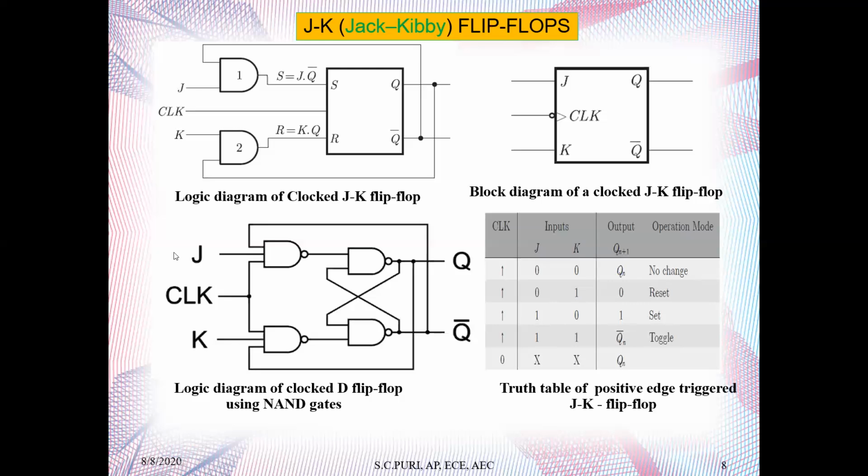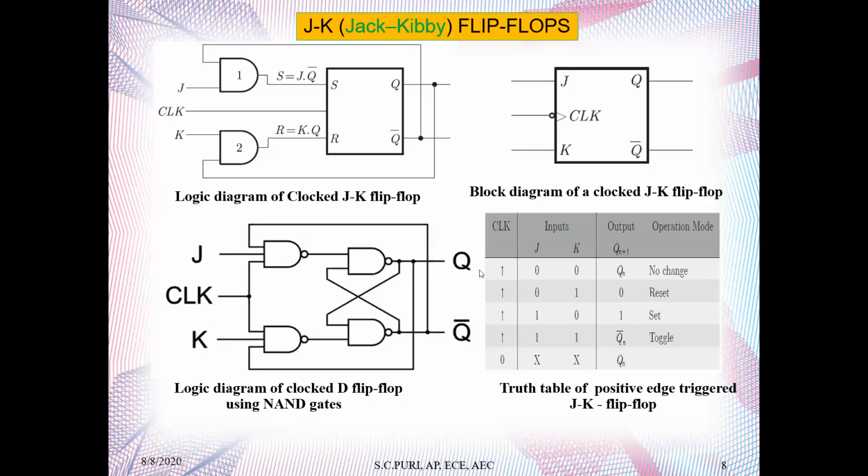What do you mean by toggling? Toggling means, suppose J is 1 and K is 1. And suppose Q is 0 over here. We will not consider Q bar because anyhow it will be the complementary of Q. So suppose there is 0 over here. When there is 1 1, for one clock it will be 1 because